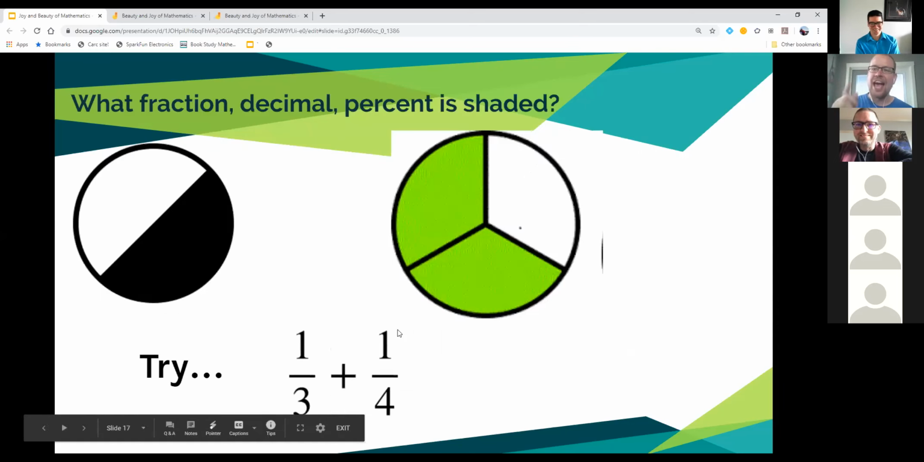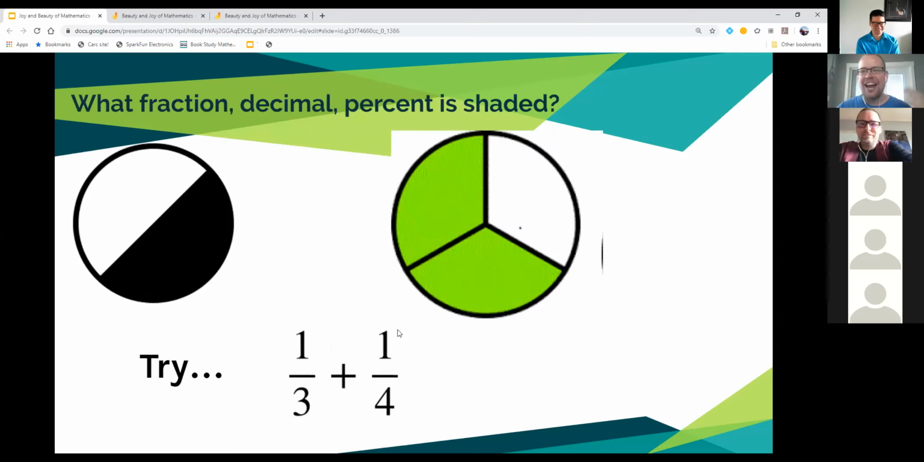Okay, so now we are about grade 8, grade 9. Now you middle school teachers and high school teachers, throw this at your kids. I would go a little faster, and then let's have some fun with this. What fraction, decimal, and percent is shaded? You can do one of those. You can do all three. I do not care. So here's a fraction. What fraction, decimal, and percent? And if you really want to go crazy,